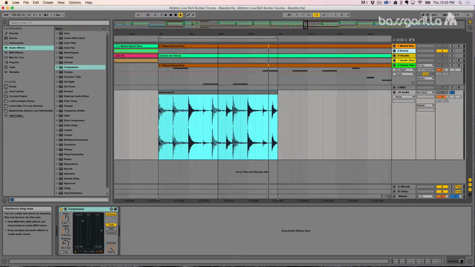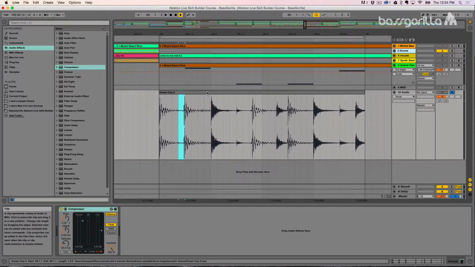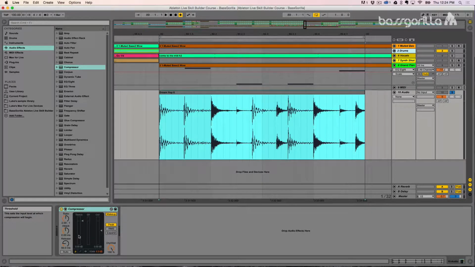So with a drum beat like this, you can see that we have big spikes like the kick drum, the snare, and then we have little spikes, and we also have areas of almost silence, right? So there's a lot of what we call dynamic range, the range between the loudest and the quietest points. And so this type of sound has a lot of dynamic range, and we can reduce that dynamic range. How do we do that? Well,